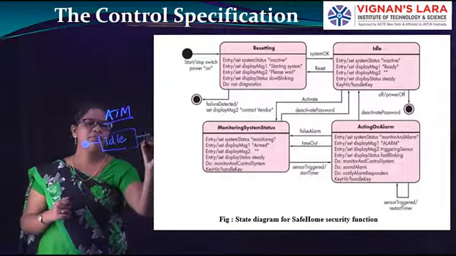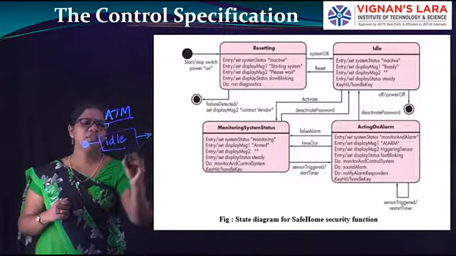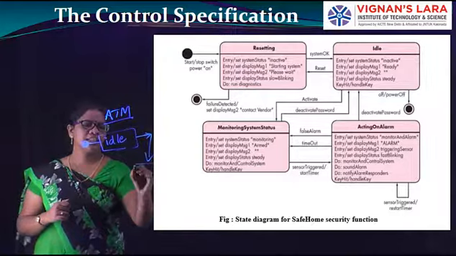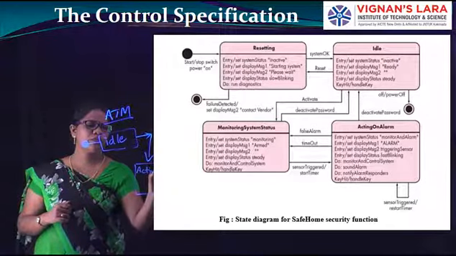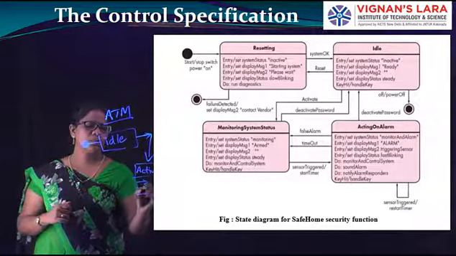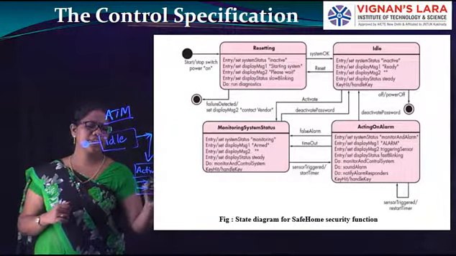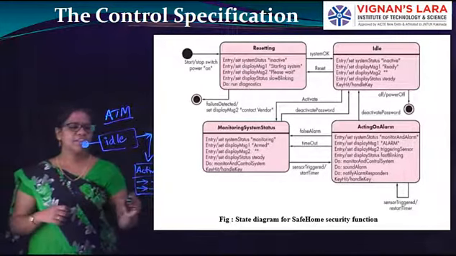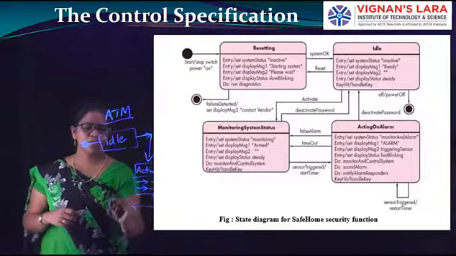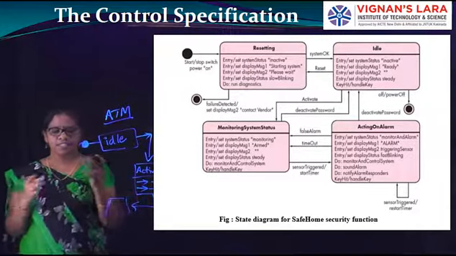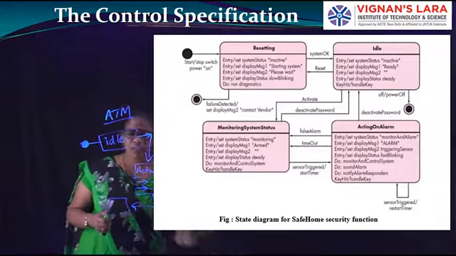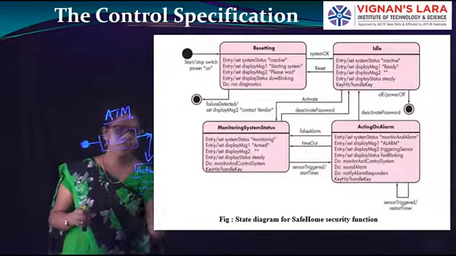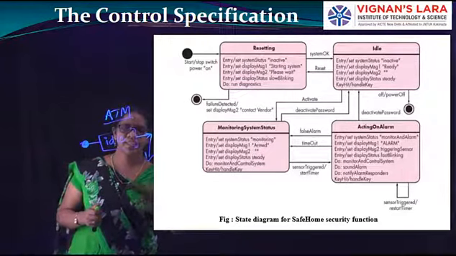So after that, when you insert the card, then it will come to some other state, the activation state. In this activation state, it will display some messages, insert the card. After inserting, it will ask for some transactions, like that. After taking the card, then again it will go to idle. So it is showing only the states. So this is the state diagram. It is just an example.